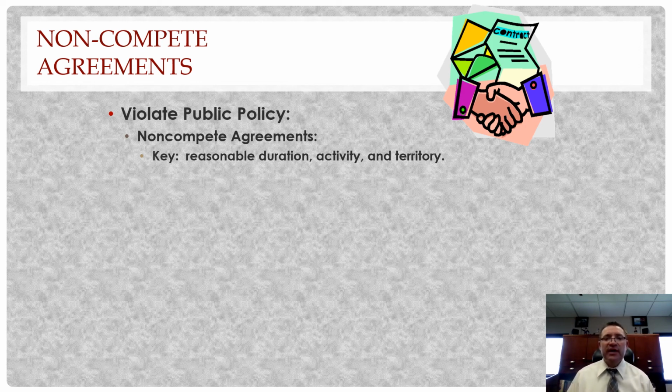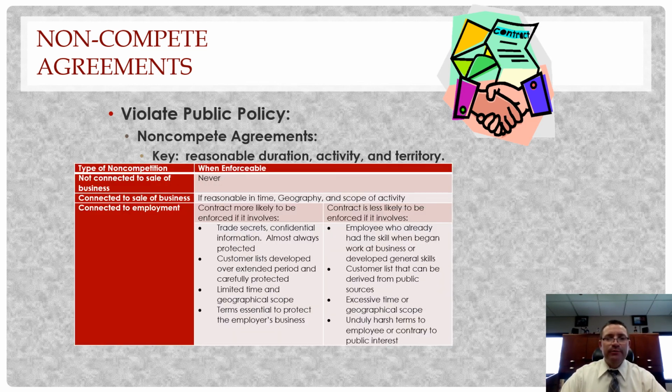If it was, for example, a hair salon, and the salon has you sign an agreement because of their client list, something they brought in and processed, maybe they do the haircuts, whatever. It would have to be a reasonable time period, you can't do this particular type of cutting, and you can't do it in this particular territory, right? Not nationwide. If you wanted to move 100 miles away to do your hair cutting, that non-compete clause probably wouldn't prevent you from doing that. So that's the key: reasonable duration, activity, and territory.